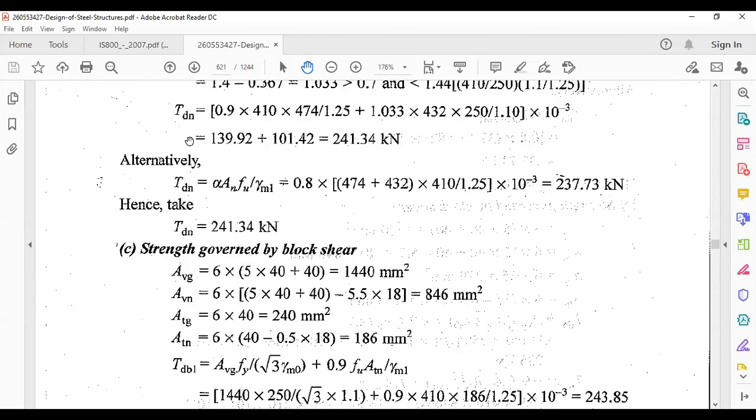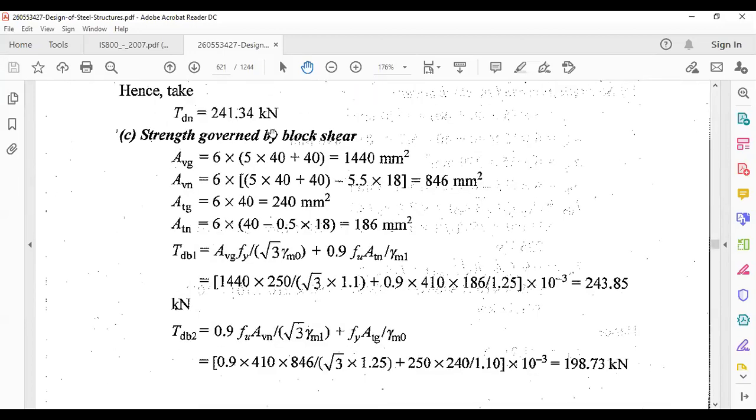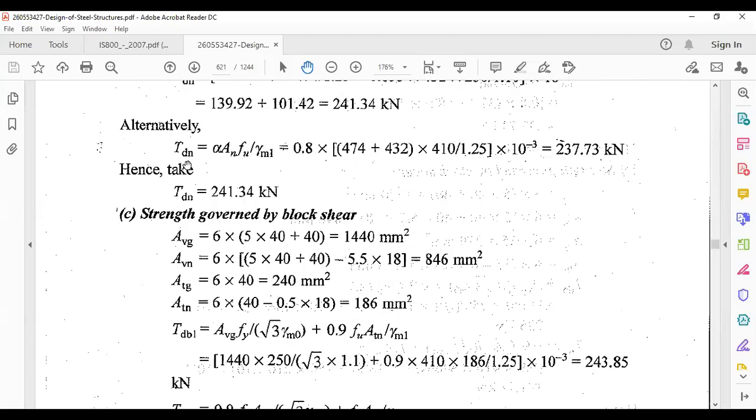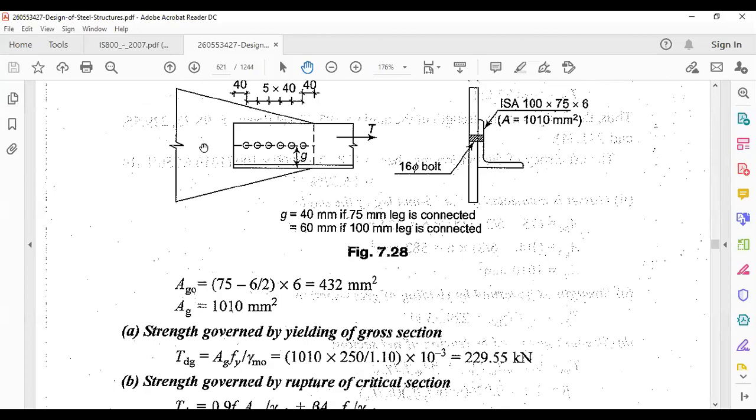One more strength we come across is block shear. In case of block shear, you have 4 different areas to be calculated over there. One is the gross area, Avg, gross area along the shearing plane, and the net area along the shearing plane. Okay, gross area along the shearing plane, when you are calculating that, it will be simply from this point up to the center of this bolt hole.